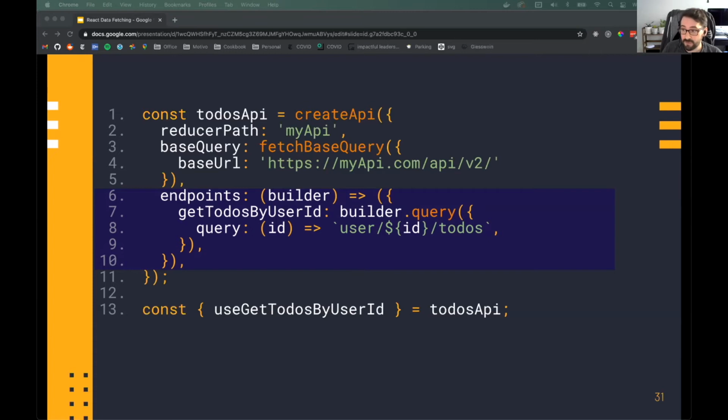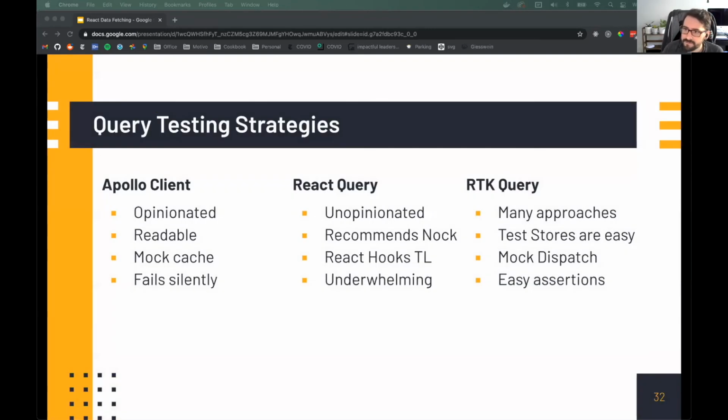I'm really excited to see Redux Query get merged into RTK. But I would still expect most products to use Apollo or, more likely, React Query. And I'll go into the differences a little bit more. So testing, I'll just highlight the 3 differences between testing these 3 libraries, because how you